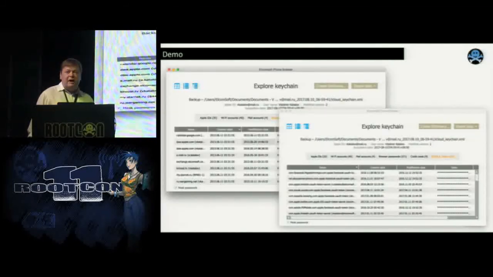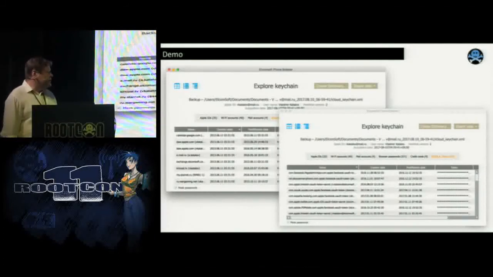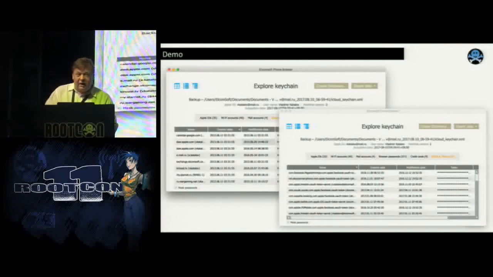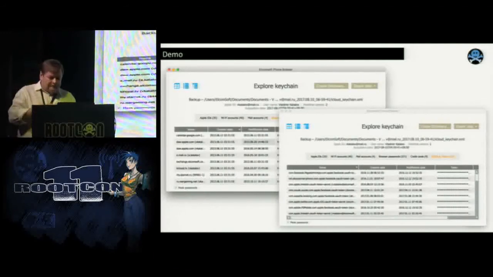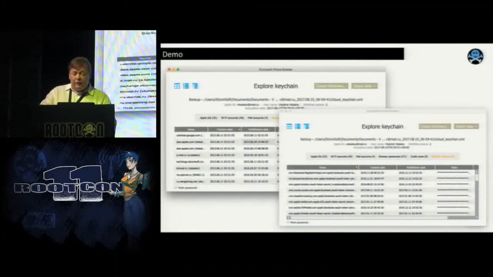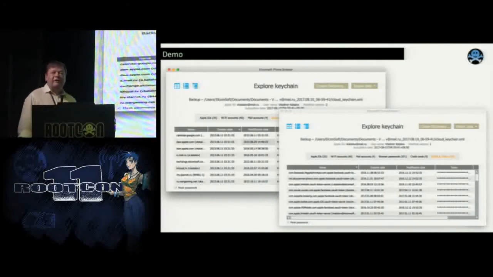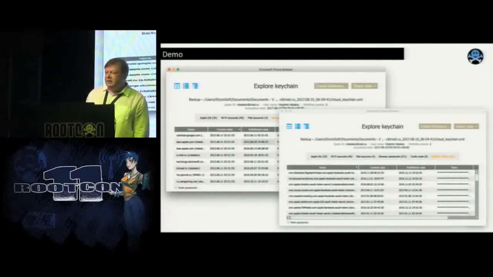Looking into the iCloud keychain, we have found there are actually fewer records than in the local keychain stored in the device. But still there is quite a lot. There are passwords too. This is actually a screenshot of my own iCloud keychain. There are no passwords shown there, they're all masked. But there are passwords to all Apple ID accounts I ever accessed from this device, and there are 5 or 6. There are passwords to websites. Let me see how many of them. It's about 400